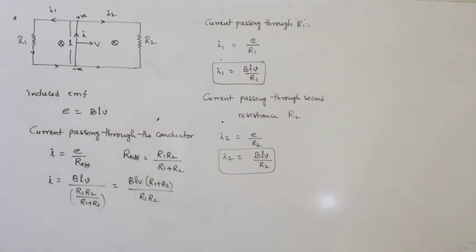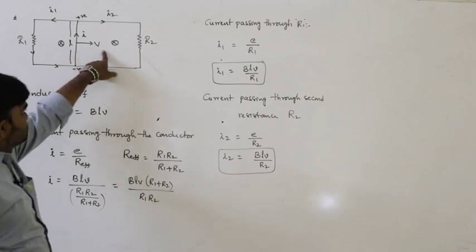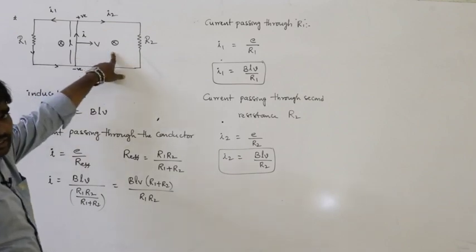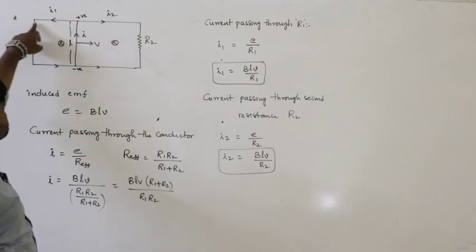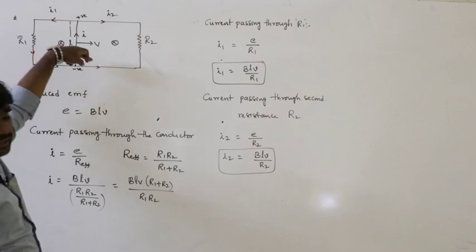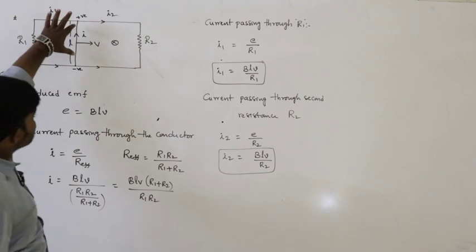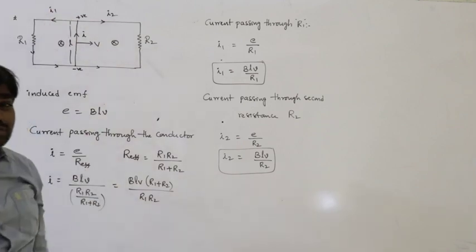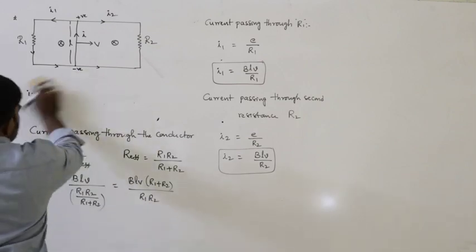So this is the concept here. If this conductor is moving like this, and this is the direction of the magnetic field, the current divides like this. In the external circuit, current passes from positive to negative terminal, but inside the battery, current flows from negative terminal to positive terminal. So this conductor acts as the energy source, that means it acts as a cell. So that is one example.